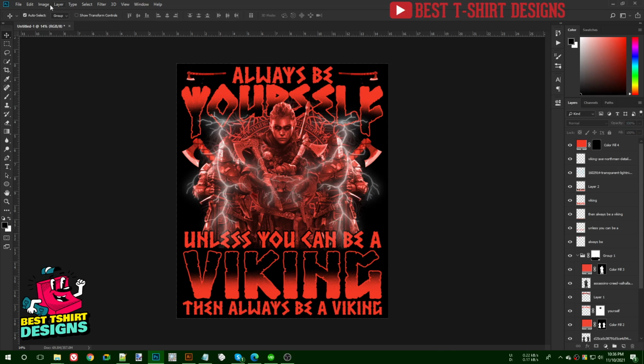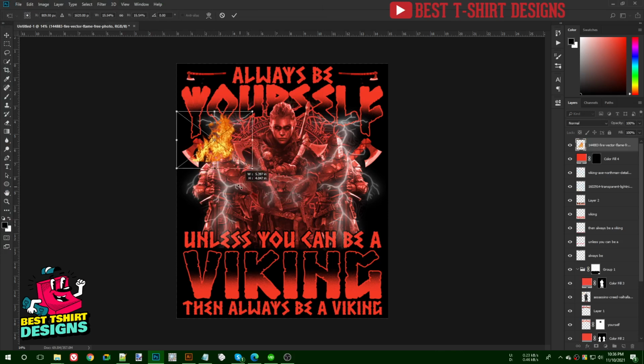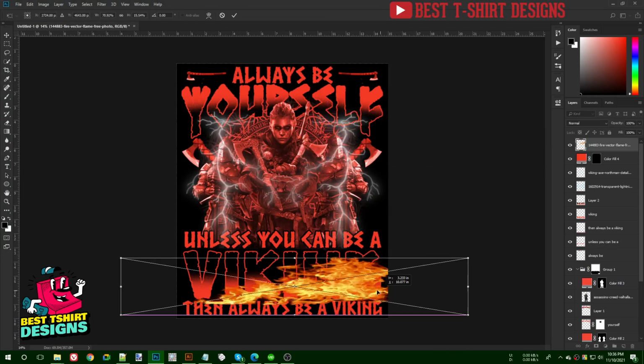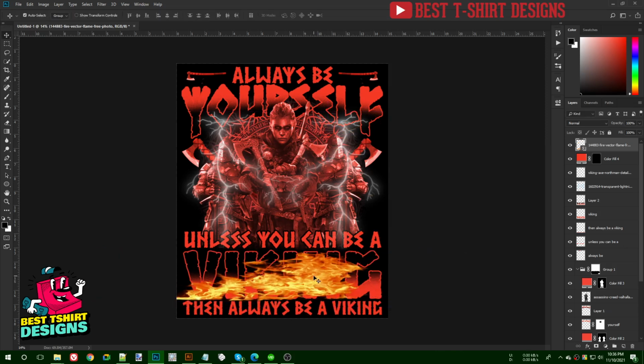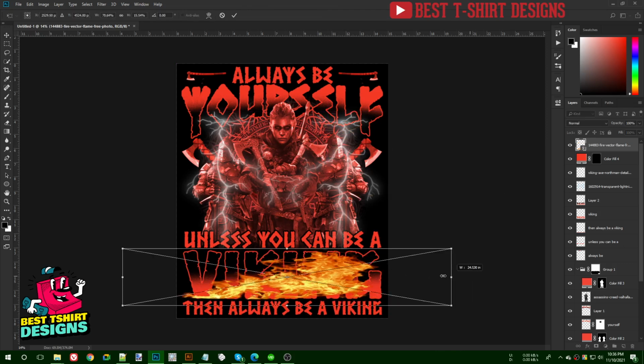And for this Viking text I wanted to do one more thing, that is bring in a fire effect here. So I'm going to place it something like this, in this way. This is not looking very perfect, but don't worry, it is going to work for us.